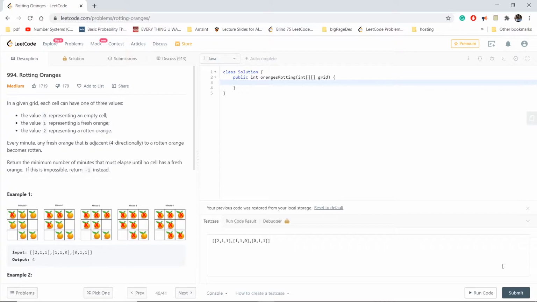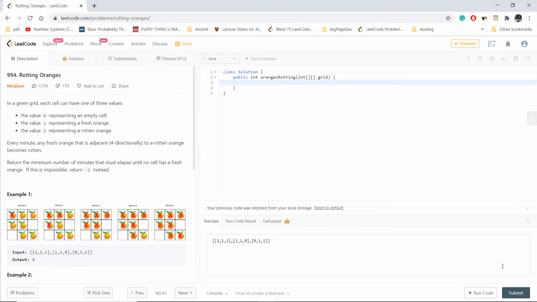Okay, so what we need to do is convert every fresh orange. The rotten orange will convert the fresh orange every minute. We need to count the number of minutes required to convert all the fresh oranges to rotten oranges. The conversion happens like this: the rotten orange will convert the fresh one which is adjacent to it in that grid.